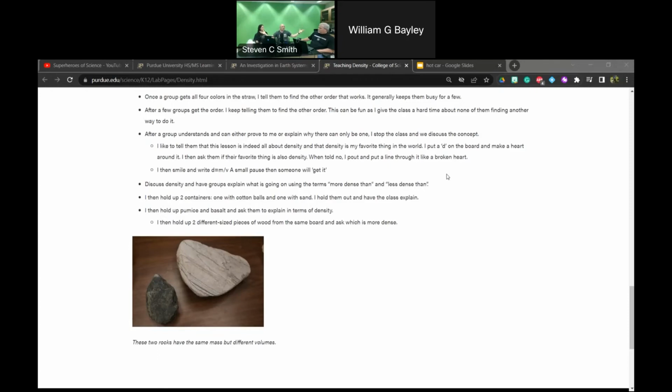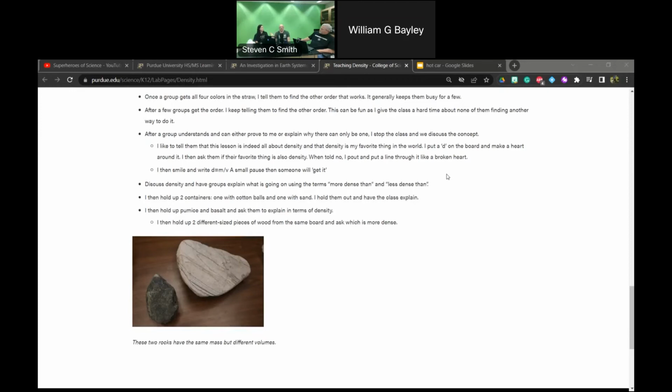Point to that. Remember, density is how heavy it is for its size. If it's heavier for its size, it's more dense. Which is heavier for its size? And of course, you have to pass around the pumice. They've usually not seen that. So the smaller one, if they weigh the same, is more dense. I didn't put the other pictures in either. Oh, they're fuzzy. I need to retake them. I used tennis ball containers, filled one with cotton, filled one with gravel.